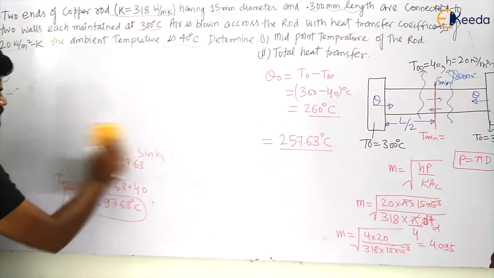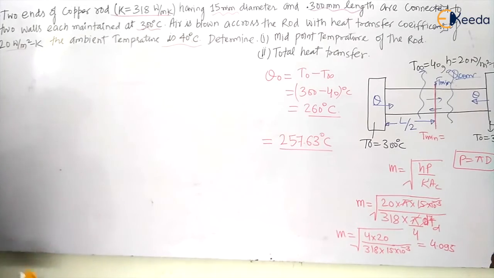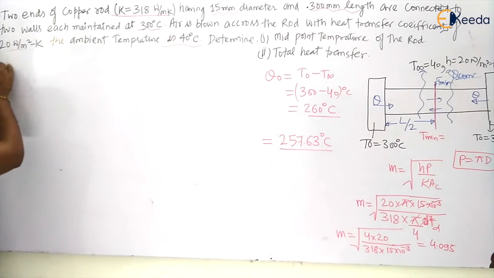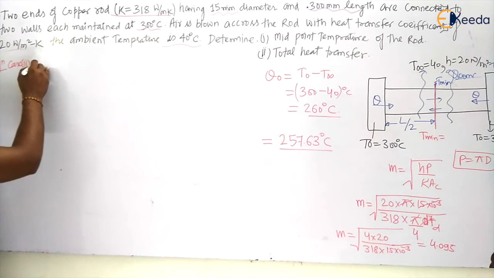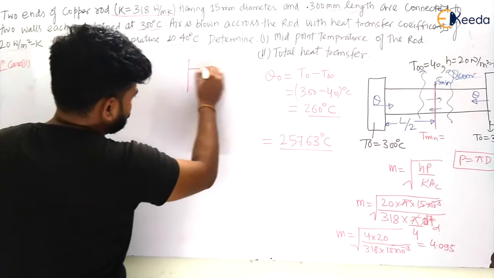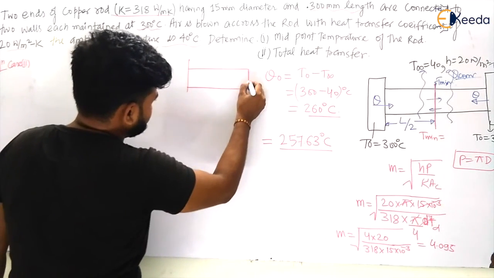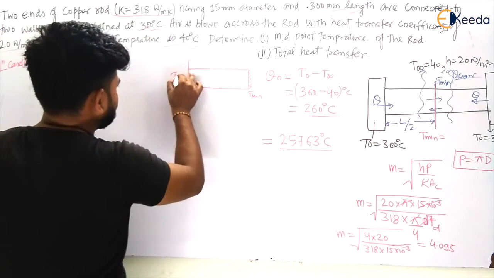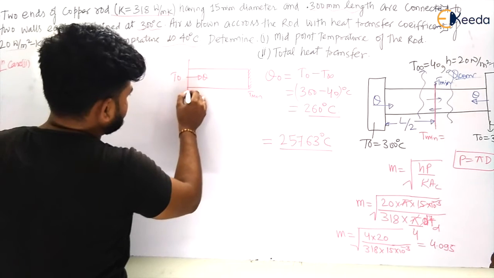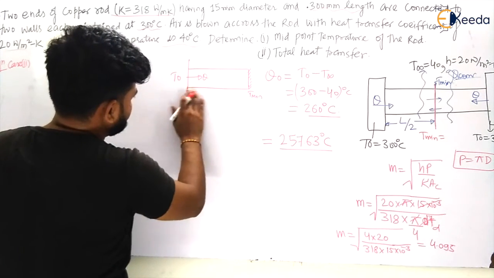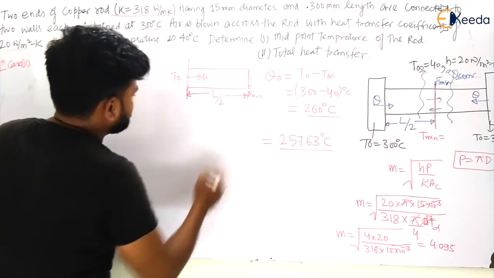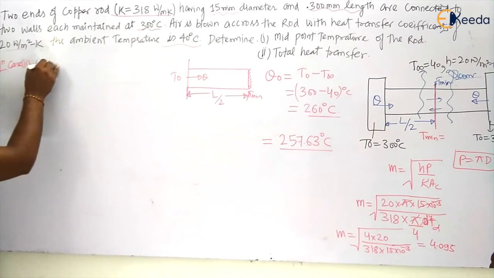If I assume half of the fin, I can calculate the temperature for that. Let us take the solution. Second, I have to calculate the heat transfer through this fin, which can be treated as an insulated fin. That is your T minimum here. That is your T naught here. So there is some heat transfer Q, and this length L will now be taken as L by 2. Let us see what the heat transfer will be.